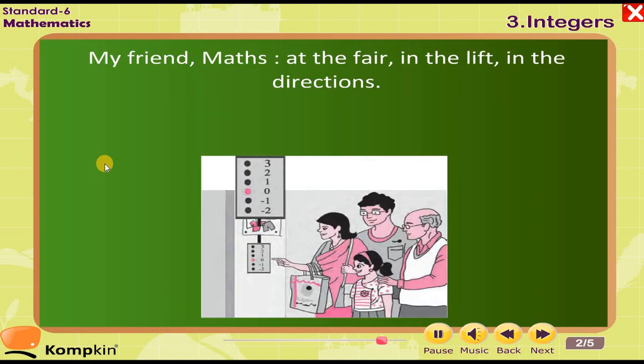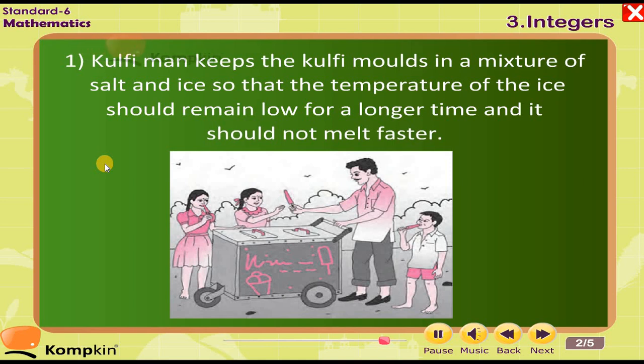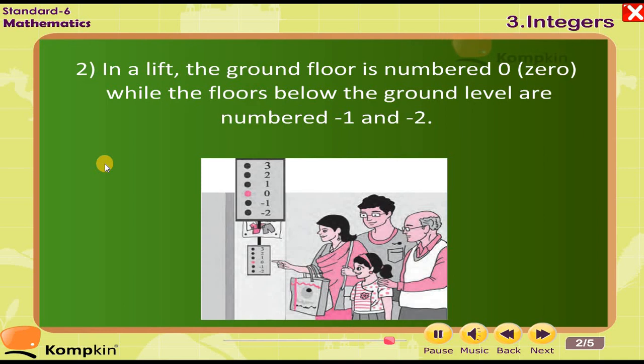My friend, we see integers at the fair, in the lift, in the directions. 1. The kulfi man keeps the kulfi molds in a mixture of salt and ice so that the temperature of the ice should remain low for a longer time and it should not melt faster. 2. In a lift, the ground floor is numbered 0 while the floors below the ground level are numbered -1